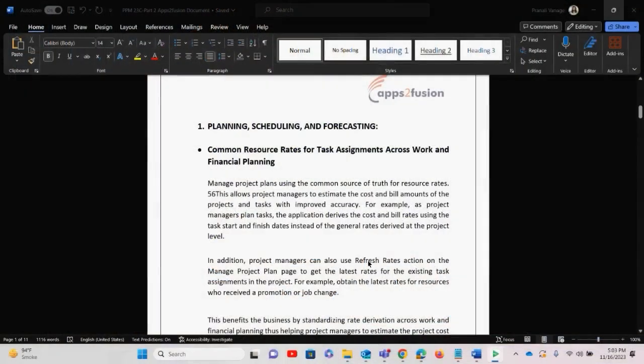Coming to the first part, planning, scheduling and forecasting, under which common resource rates for task assignment across work and financial planning. This is our first feature update. This update says you can manage project plans using common resource rates across the project. This allows the project manager to estimate the cost and bill amounts of the project and task with improved accuracy,